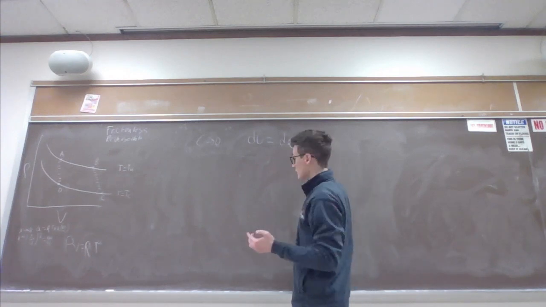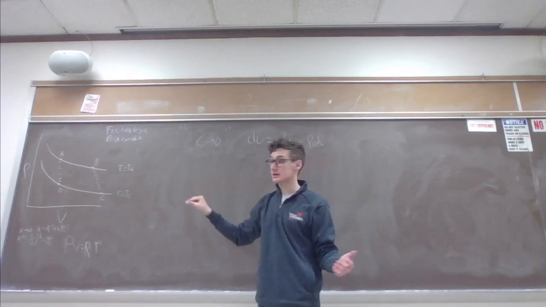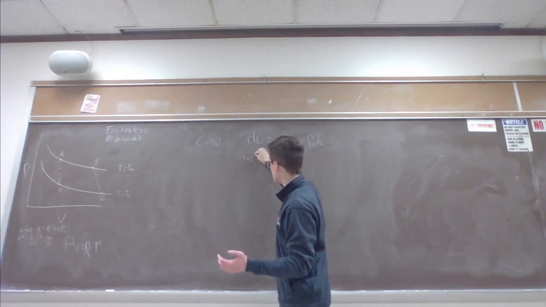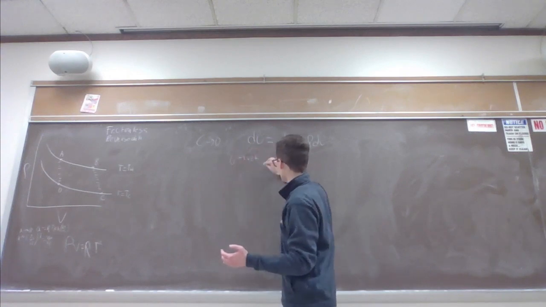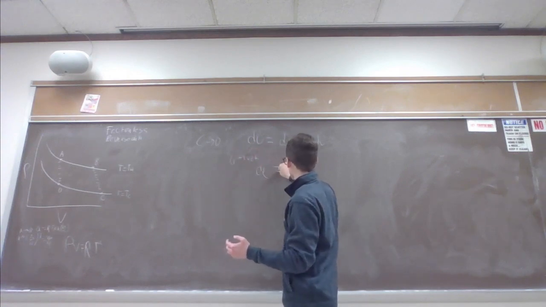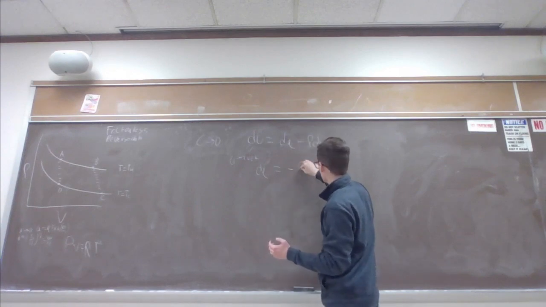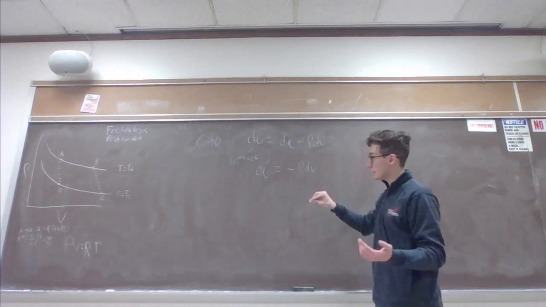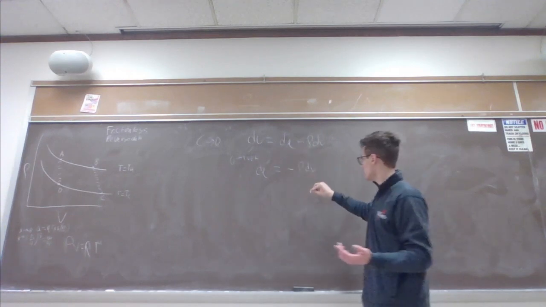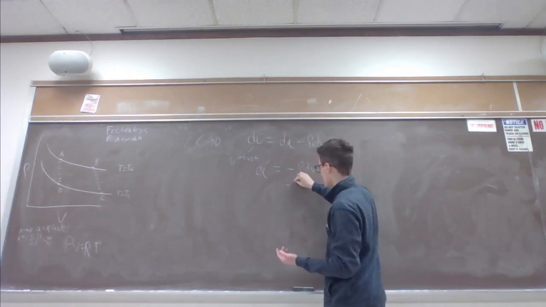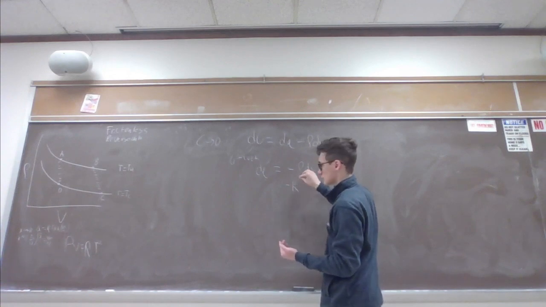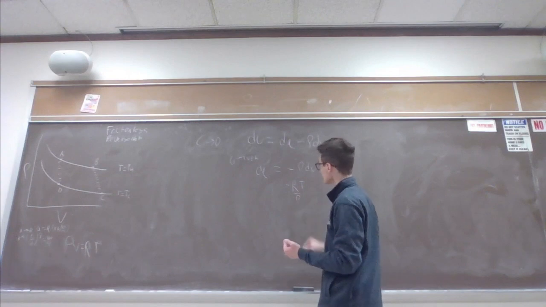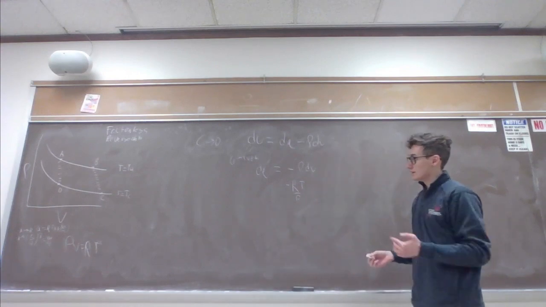And again, what we realized is if the temperature is going to be constant, like we did earlier, this is going to be CV dT, which then equals 0, and we end up getting dQ equals negative P dV, and we know negative P in terms of reversibility equals negative RT over V. All right, and